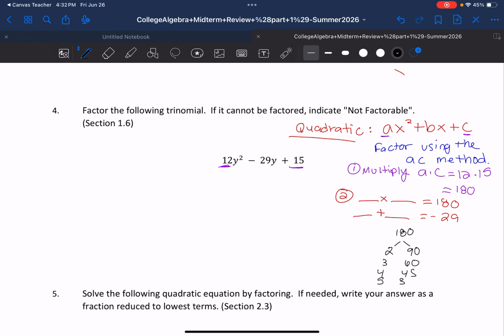Well, that's 5 and 36, so that almost works actually, but the signs have to match. So they both have to be either negative or positive to equal a positive 180 when you multiply them. So we need to keep going. 180 divided by 6 is 30. So that's not going to work. And 180 divided by